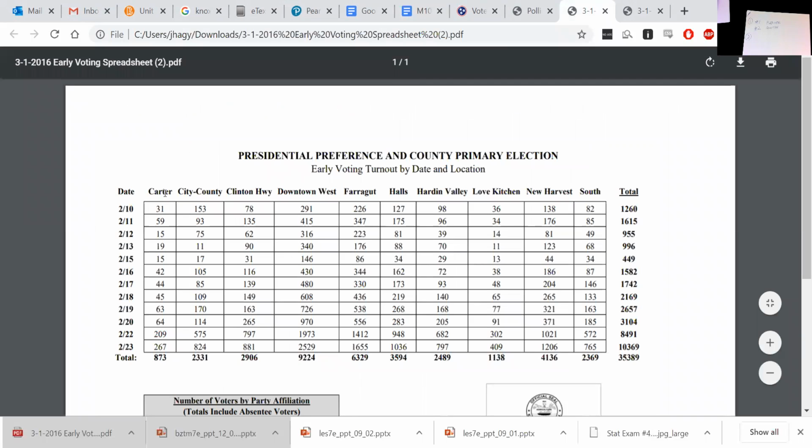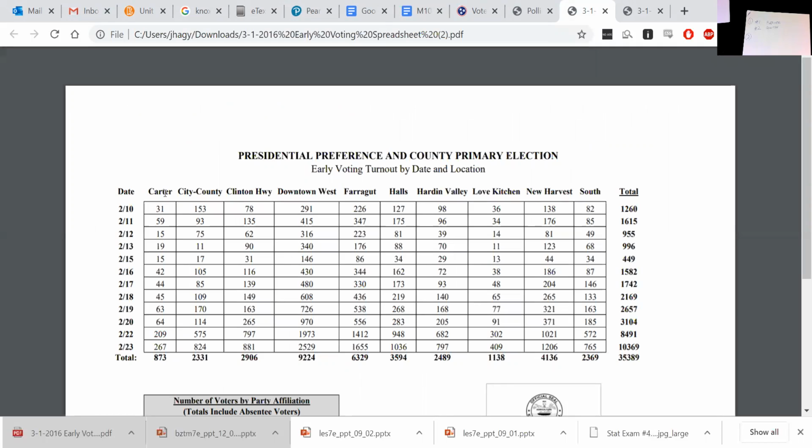Now, we're just saying what is the probability that someone voted there. We're not talking about any particular date. So I'm going to use the total number of people who voted at Carter, which is 873, out of the total of all Knoxville residents, or voters,